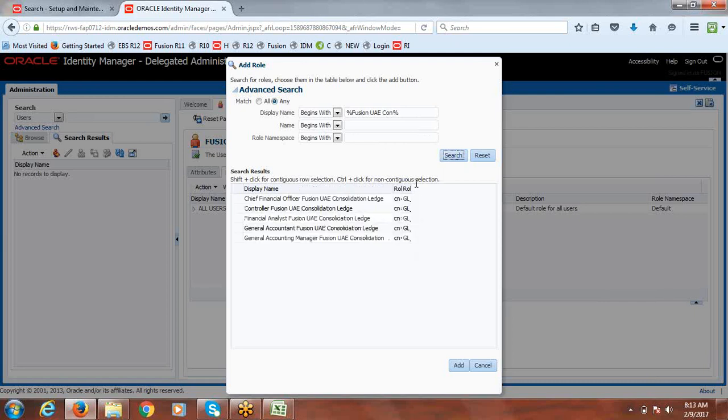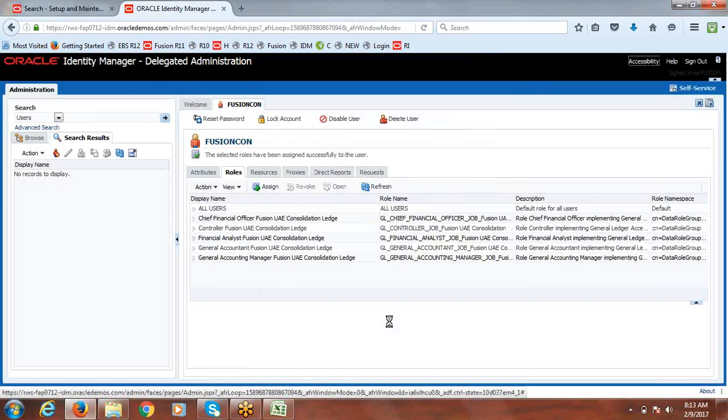The roles are already created by the system. Assign these data roles to the user. Then just click on add. And we know after assigning the roles, we have to run the LDAP.